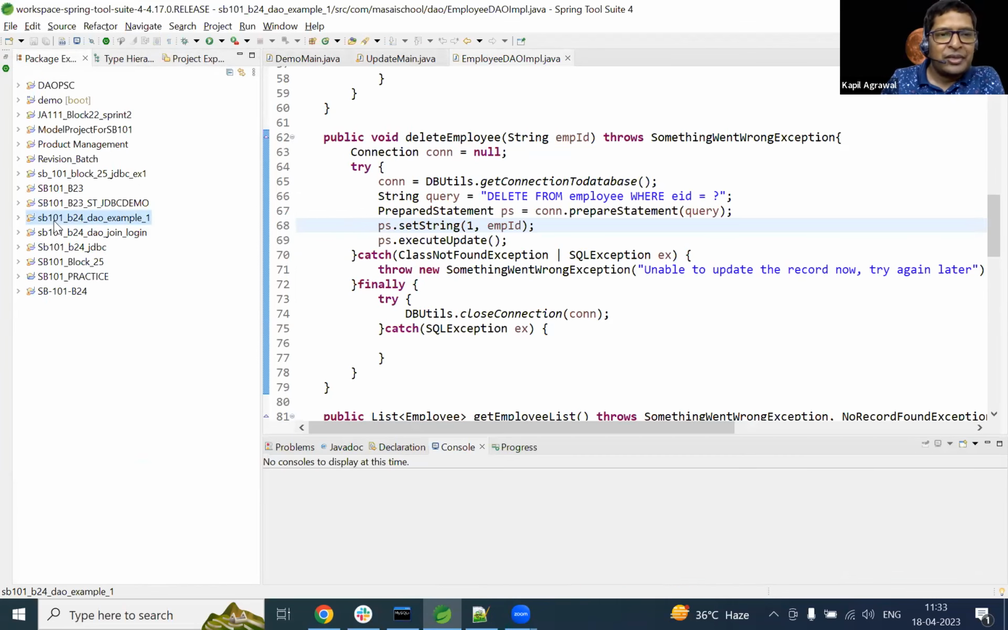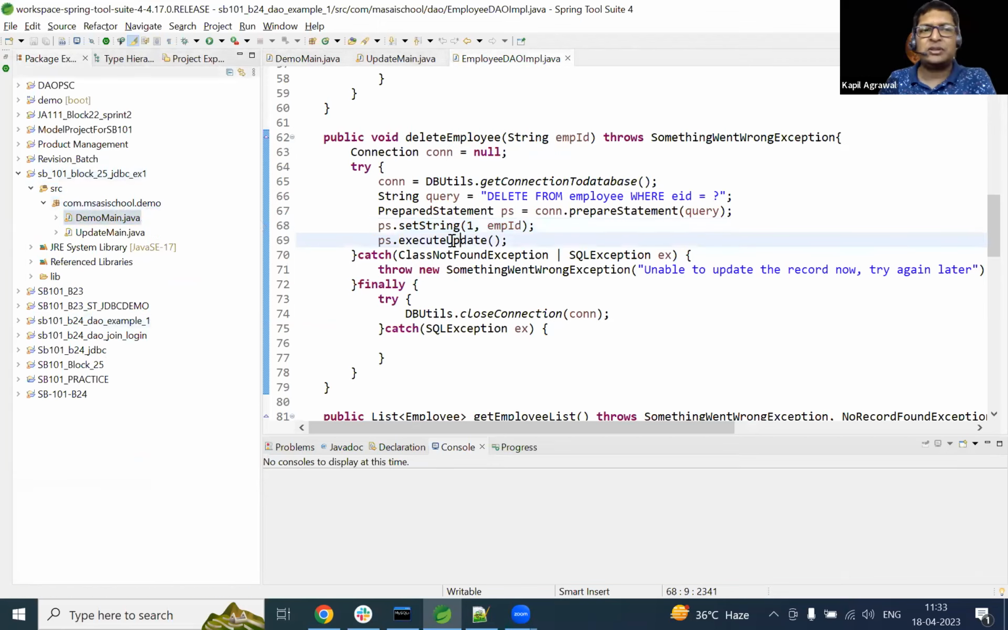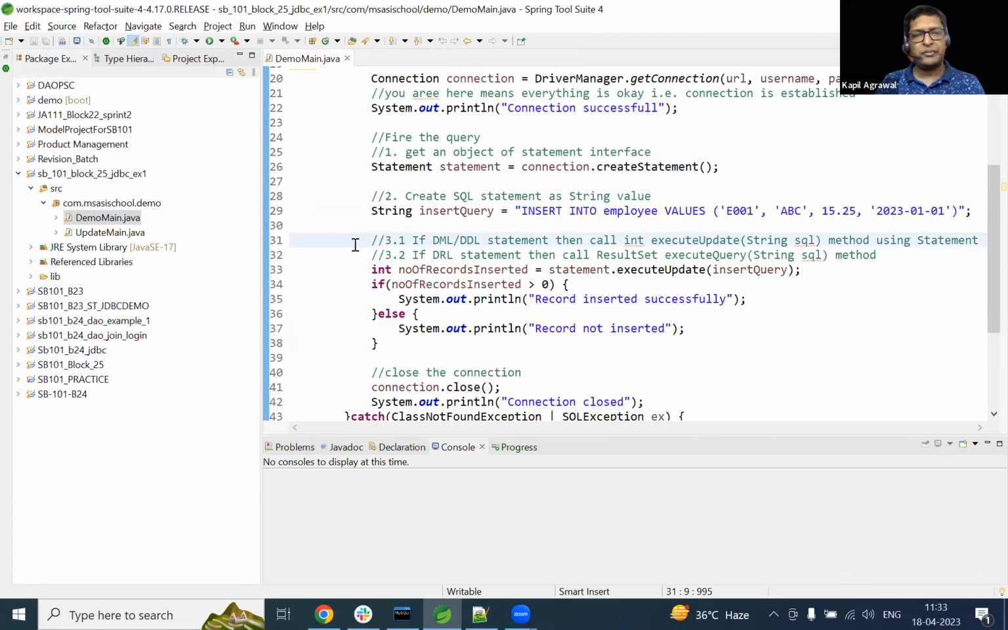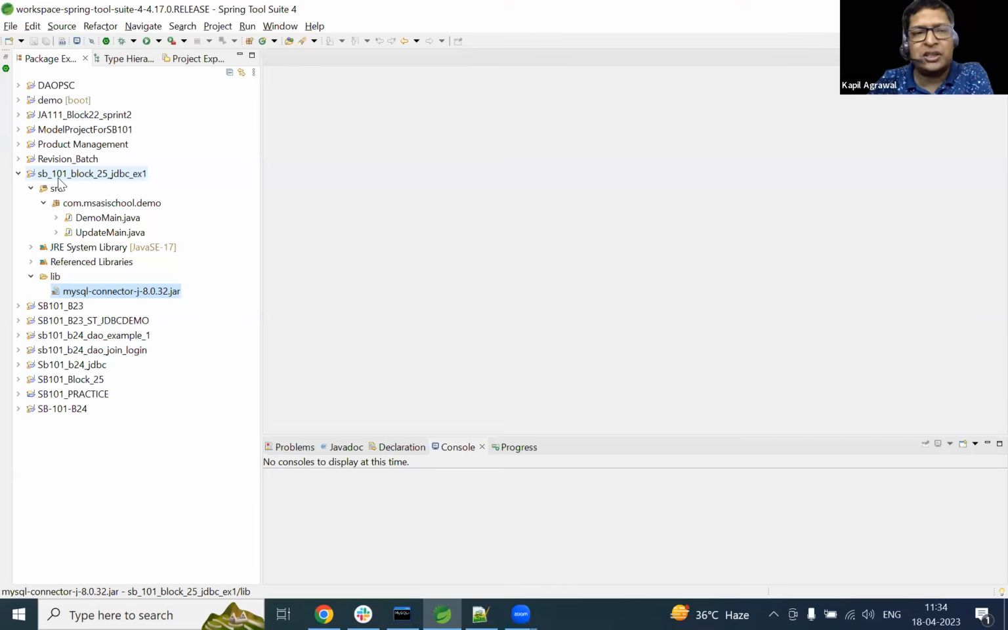So we were working on the project. The name of the project was SB101, block number 25, JDBC example 1. And there, if you wanted to connect your database to JDBC, then you remember that first of all, we used to create a new project. Within the new project, we used to create a lib folder. And within the lib folder, we have to paste the MySQL connector jar file. Once the MySQL connector jar file is pasted, then we have to attach this file to the class path of